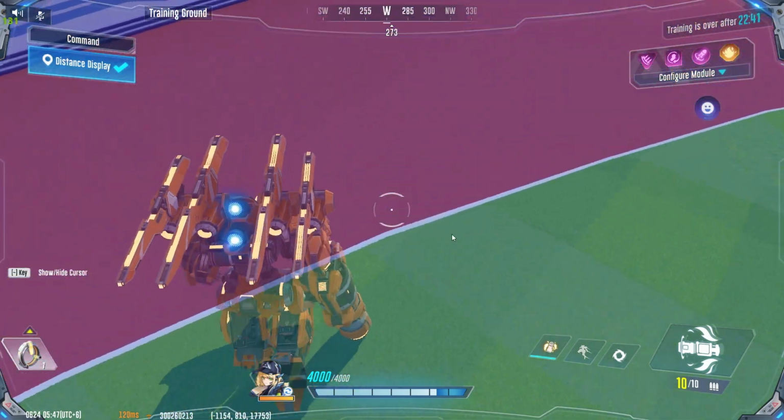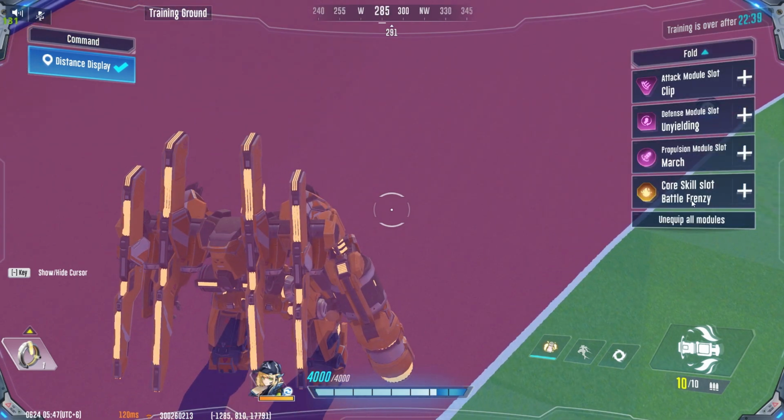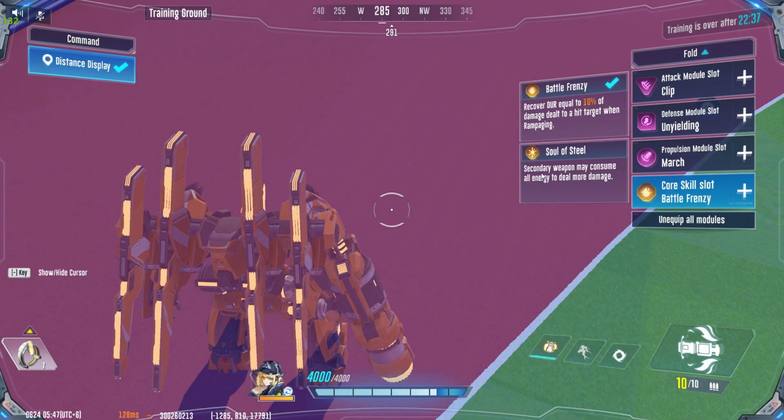Okay, so let's start. Here is the thing: the secondary weapon consumes all of this overheat, and this one basically gives Hotsteel the ability to recover durability. So from that point of perspective, obviously you'll be using this a lot more than this, because here is the thing: